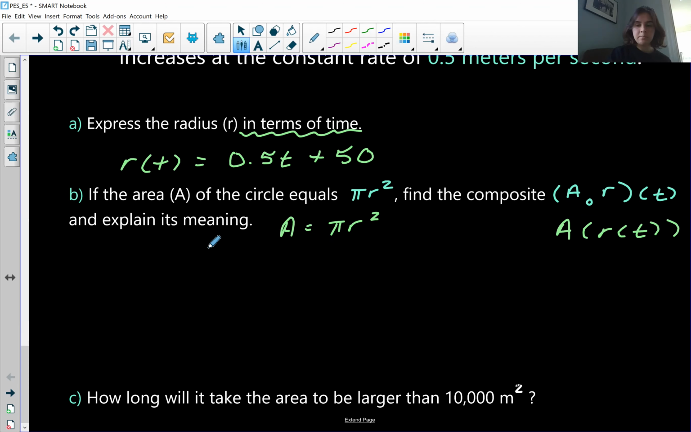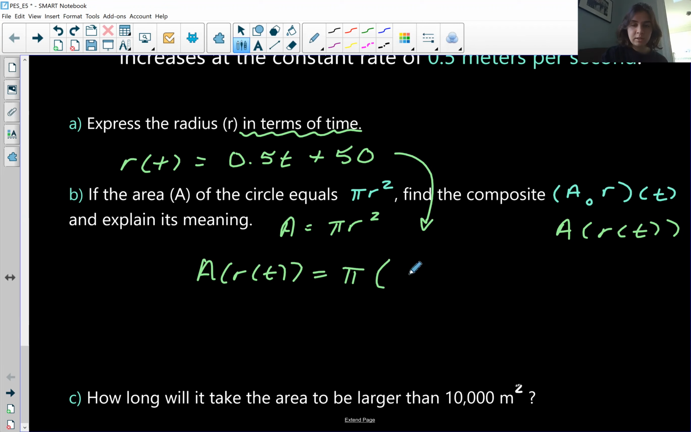Basically what that means is everywhere we see r, we're plugging in r of t, and I'm just going to keep repeating that because repetition will help it stick. So A of r of t is going to equal pi, and then I see an r, so I'm going to put my function in there: 0.5 t plus 50